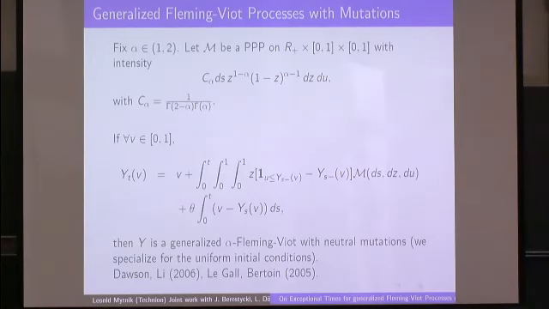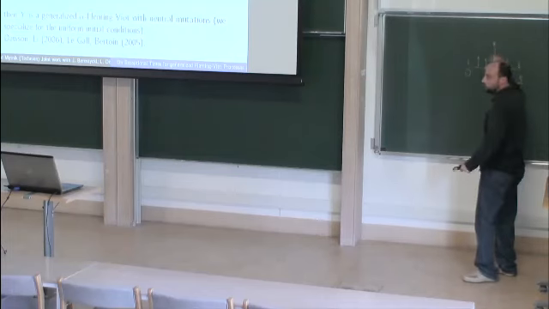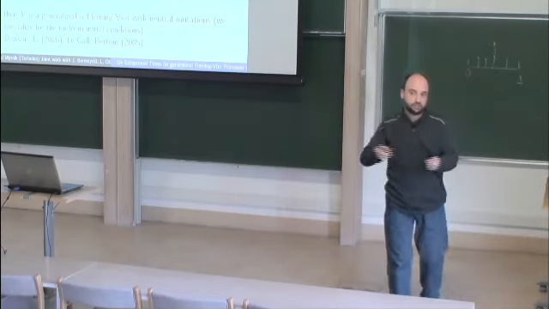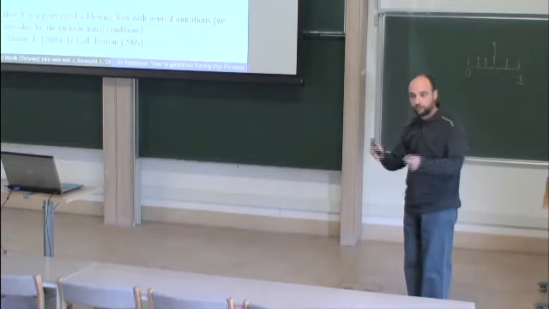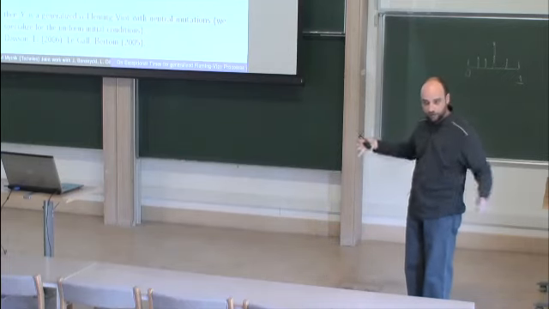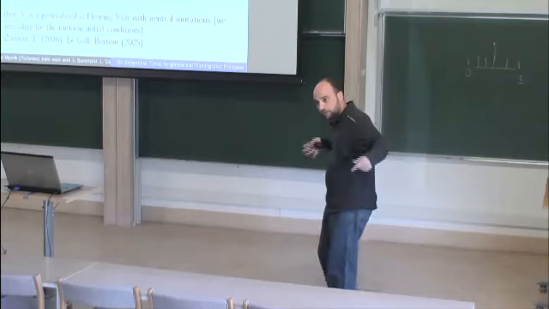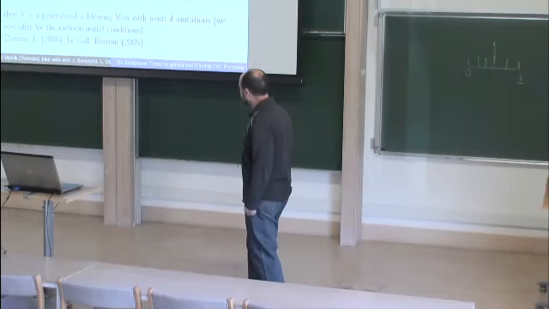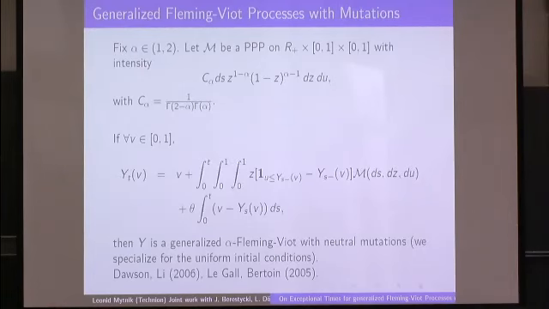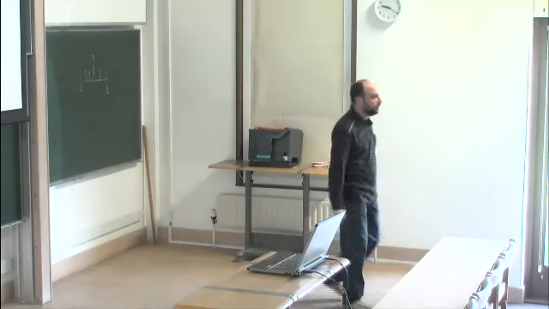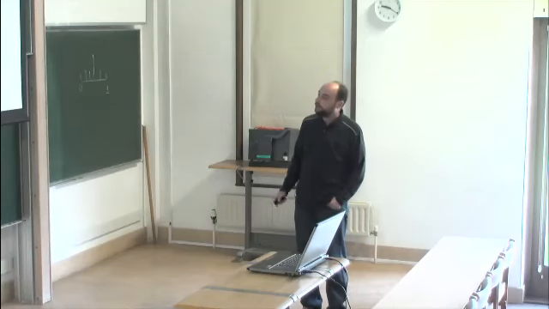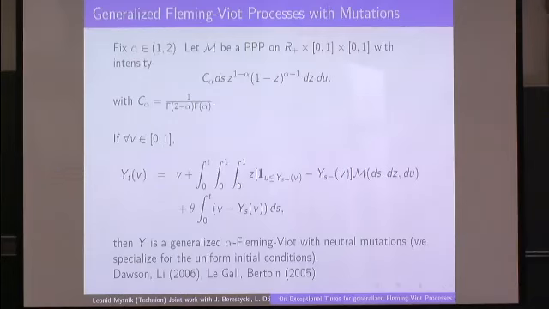So this is how you choose the mass you move somewhere. In the previous case, it was just in the domain of the central limit theorem, so everything was continuous. Here, you really collapse a lot of particles into one mass. And we just specialize for initial conditions which are uniform. It's not important; you can do it anyway. And this is called the generalized alpha Fleming-Viot with neutral mutations. It was considered by Birkner, Blath, Dawson,